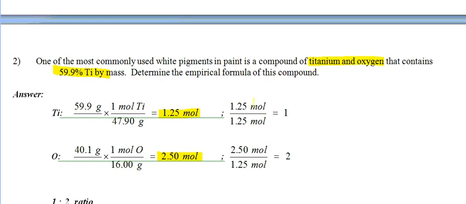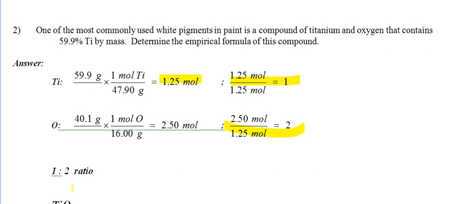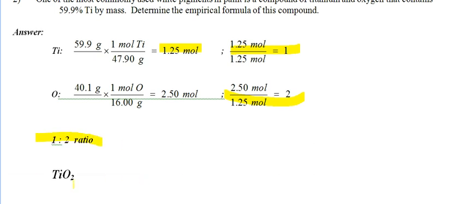What we need to now do is find out what our mole ratio is. So whichever of these two values is the least amount, and it looks like the 1.25 is our least amount of number of moles in this compound, that's what we want to determine our ratio from. So we'll divide everybody by that lower amount. So we have a ratio of 1 for the titanium, and it looks like we're going to have a ratio of 2 for the oxygen. So our ratio is a 1-to-2 ratio, which means that our empirical formula is 1 part titanium, 2 parts oxygen,